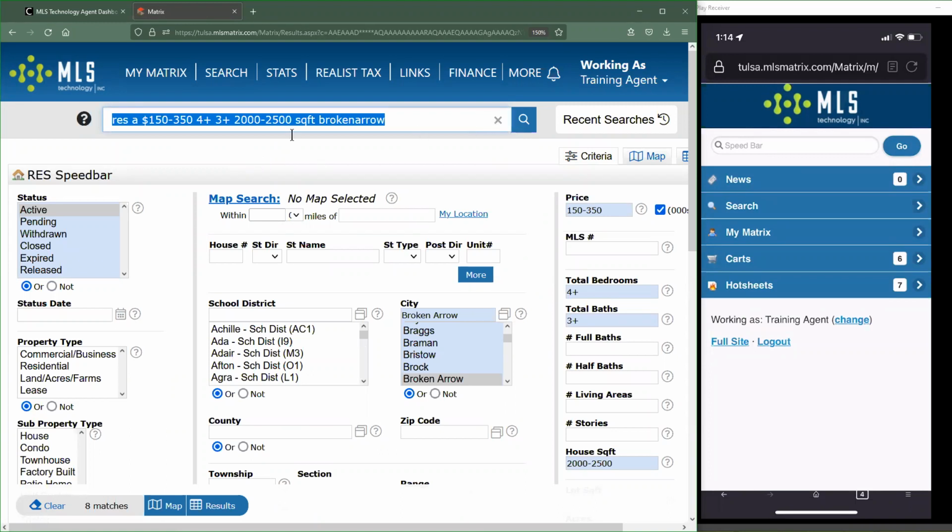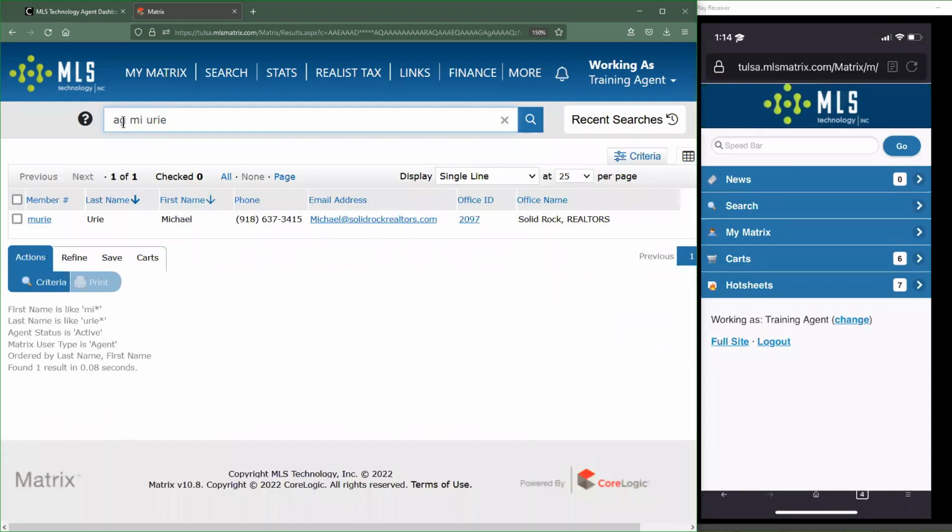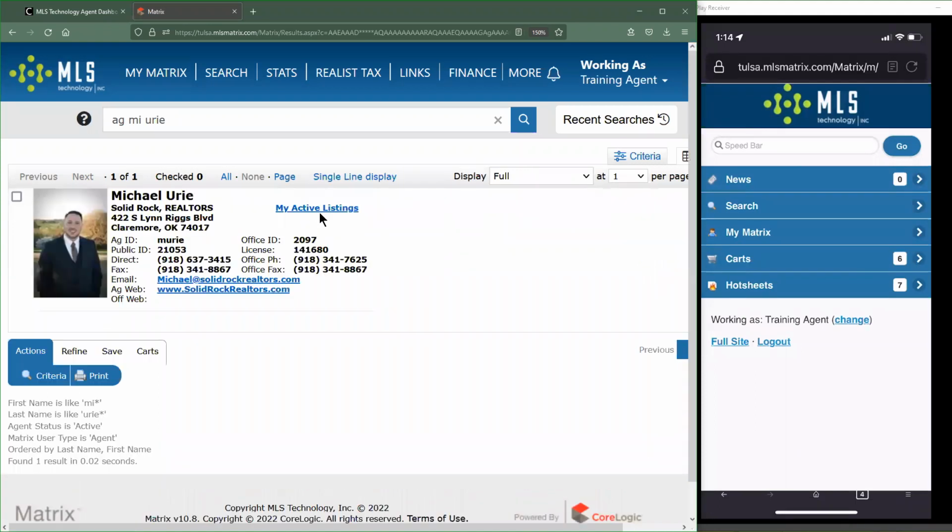You can also put in just an MLS number. You can put in an agent search. So like if I wanted to just talk to somebody that was Mike Yuri or something like that, I wanted to search for them, I can type in a portion of their first name, their last name, or a portion of their last name, and run that search. AG is similar to the way that we used RES to indicate our property type. So this allowed me to see an agent search for Yuri. Since I didn't know if it was Mike or just Michael, I just left that portion off. So here I can find him, get into his listings, etc.